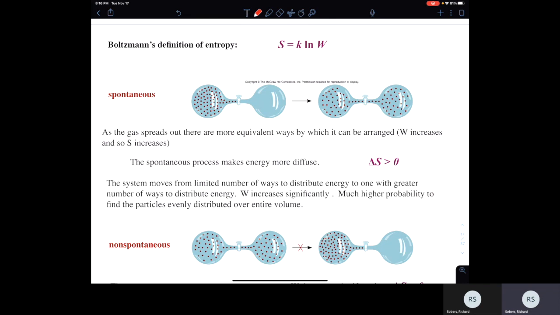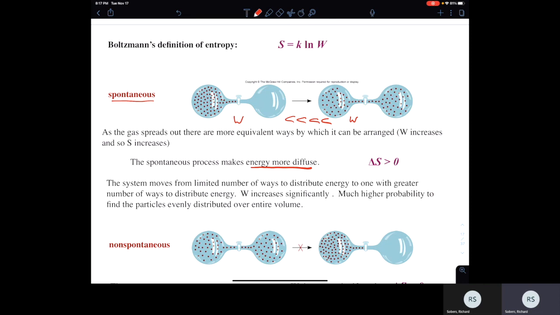So if we were to do the spontaneous process, open up the stopcock and let the gas have the opportunity to go to the other side, we would expect that would be spontaneous, because W here is much greater. So delta S, we're letting energy become more diffuse, and delta S would be